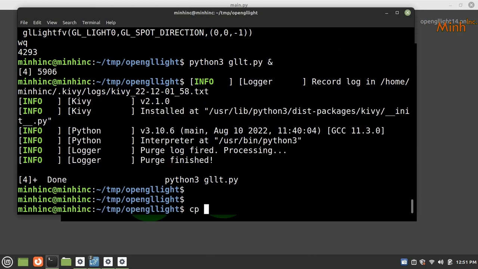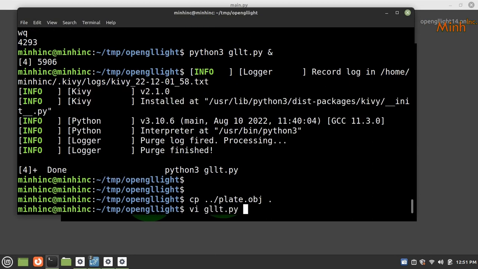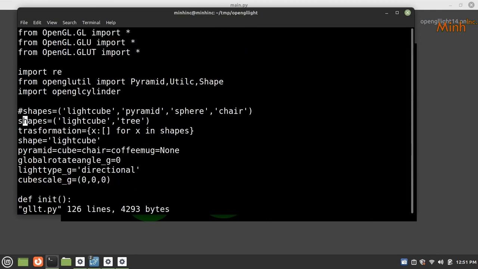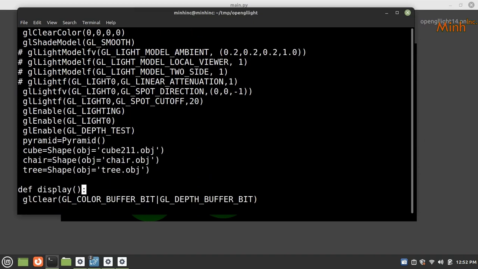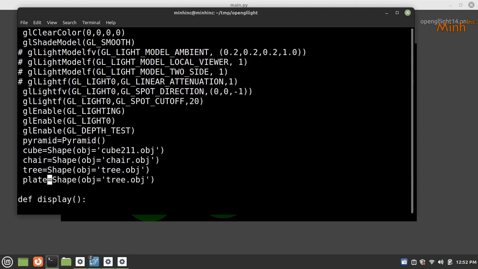So I have a file called plate.obj. So we'll add plate.obj here. So instead of the tree, now we'll work on the plate. Okay. Now I have another object called plate. Plate. Okay. For the plate, now we'll add